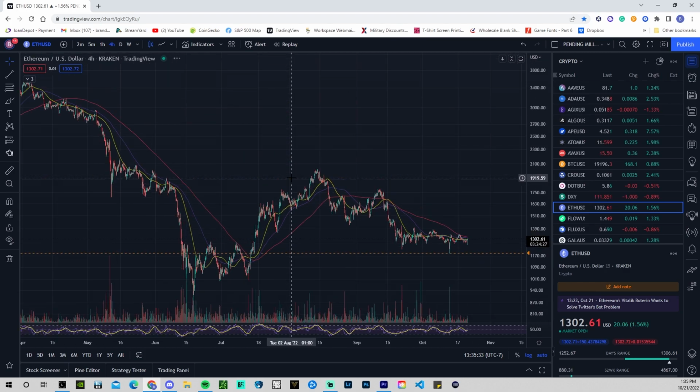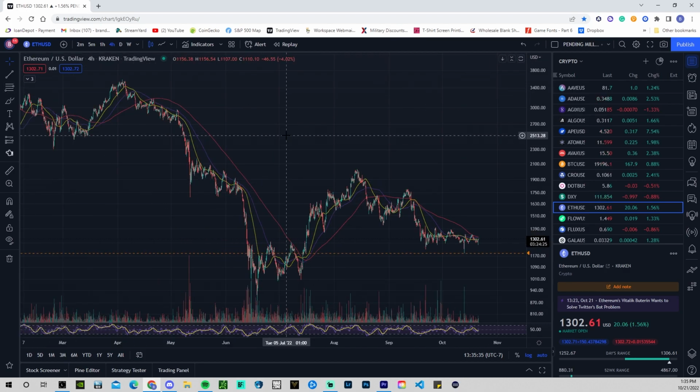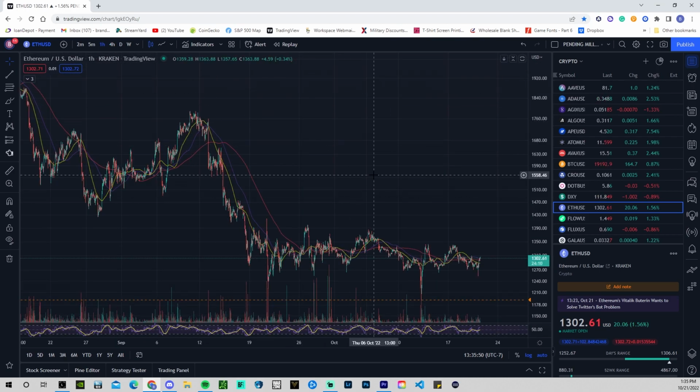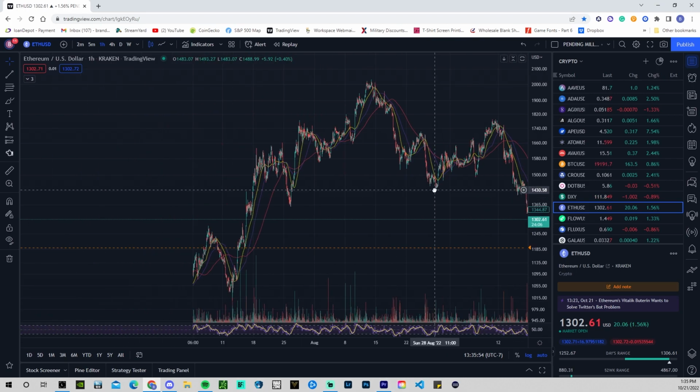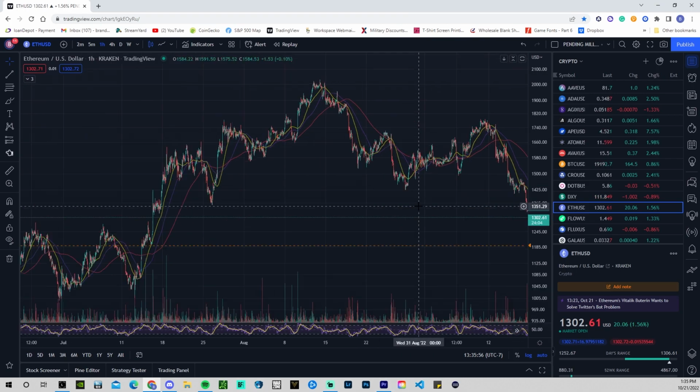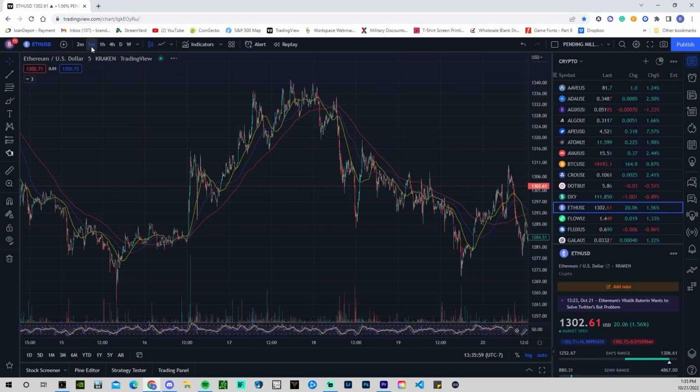Now, what you're seeing as I switch through these time frames is that I'm getting more data, right? Obviously, going from 1 day candles to 4 hour candles, I'm going to have more candles to analyze. The same goes for 1 hour. So these are all 1 hour. I'm still looking at year to date, and I can scroll all the way out and get the bigger picture, right? So when you're dollar cost averaging, I suggest doing it either on the weekly chart